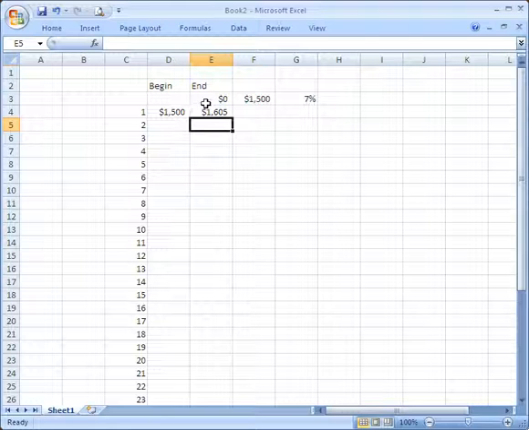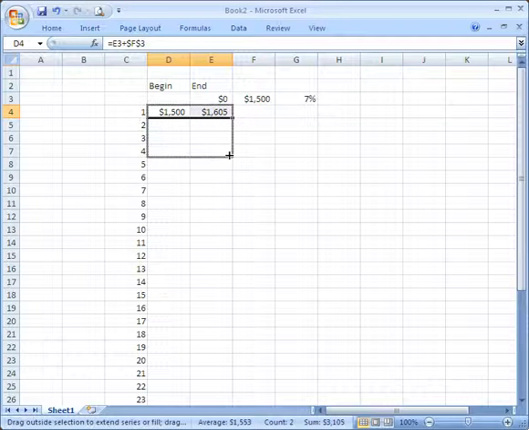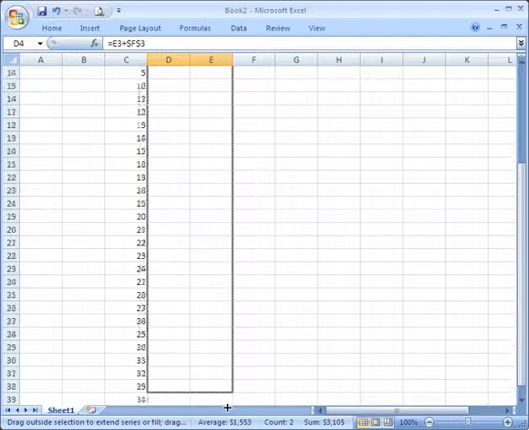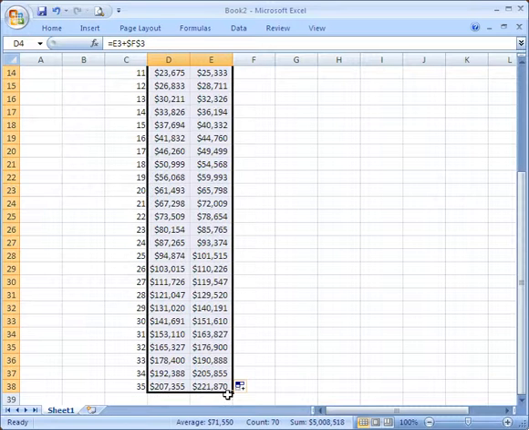This is $1,500 more than this. And this, the amount at the beginning of the second year, is the amount at the end of the first year plus $1,500. Take both of these formulas and drag them together all the way down to 35 years. It turns out that if we put aside $1,500 each year, we'll end up with only $222,000 approximately at the